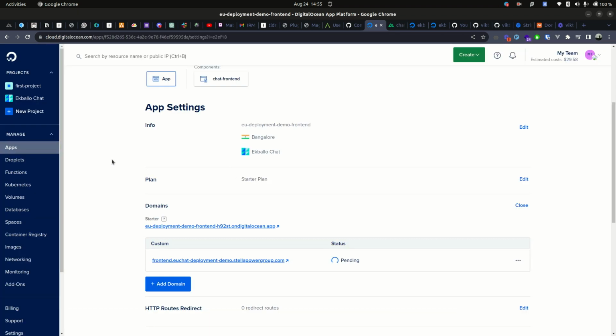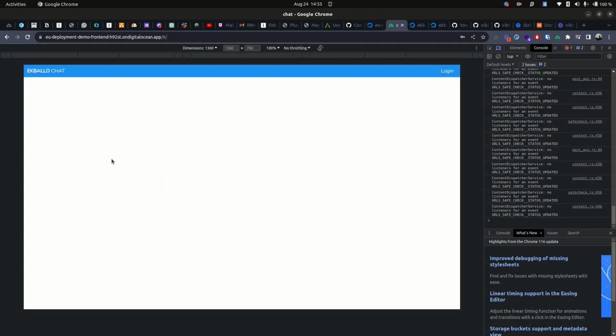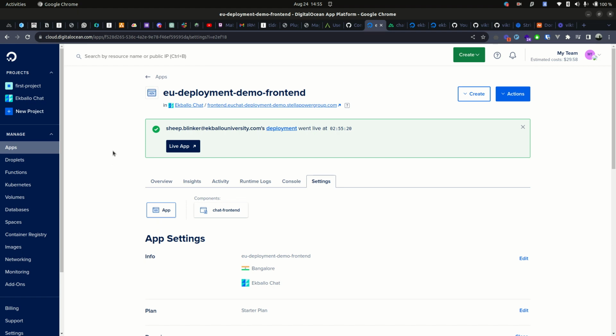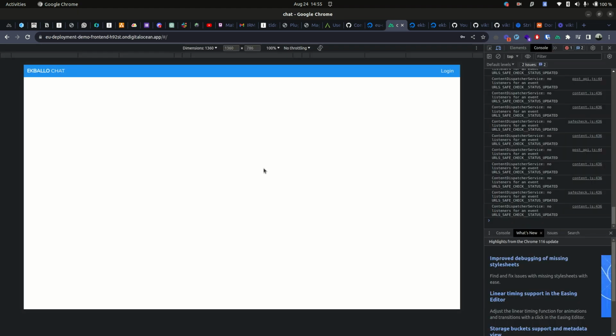Okay. So this is for the chat front end. Next will be configuring the Facebook on the Facebook side and the magically